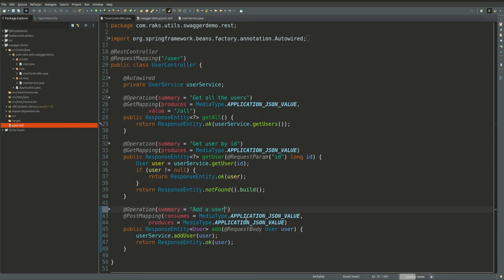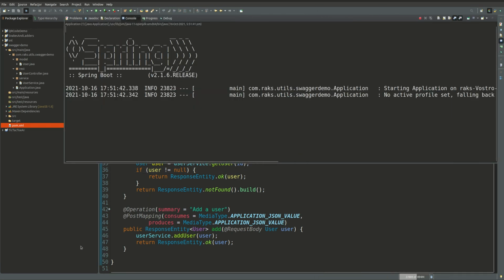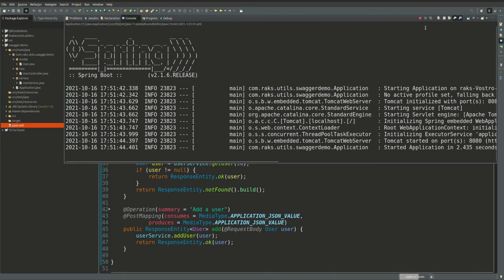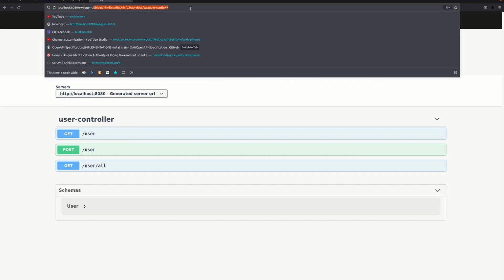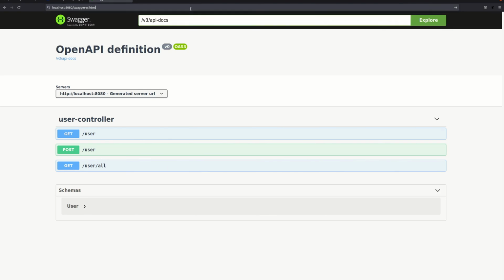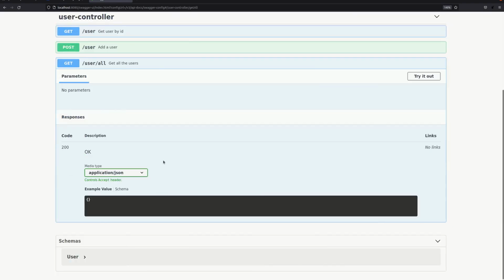So let's run it again and see what happens. Go to the swagger-ui.html again. You can see the summary is there with each and every API. You can see get all the users.